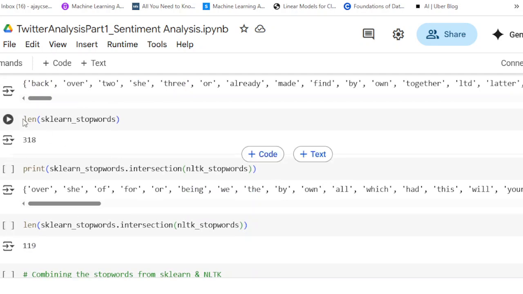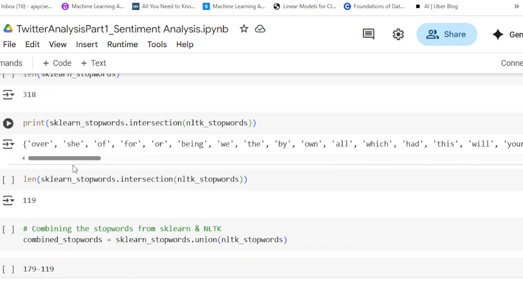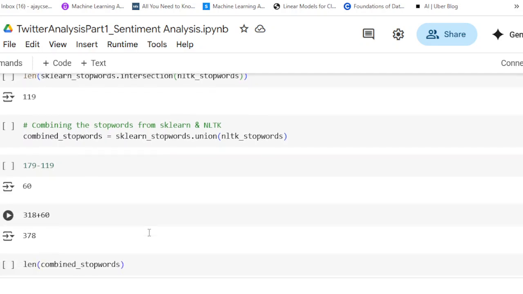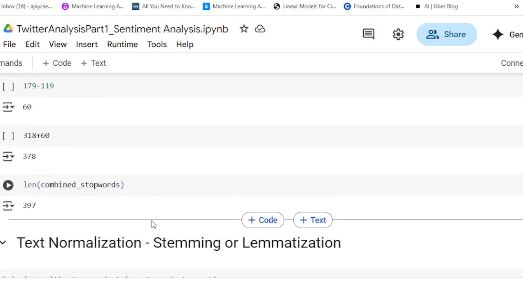We also get the stop words from sklearn package, which has more stop words when compared to NLTK. So we get nearly 378